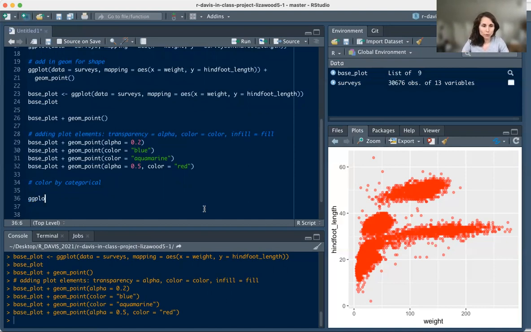So we'll start with our ggplot function. We'll specify our data equals surveys, comma, mapping equals AES, open function x equals weight, comma, y equals hindfoot length. And then I'll note now that there are multiple places where you can add aesthetics into a ggplot. And this also just kind of takes patience and practice, but you can specify, especially these additional arguments like color or like